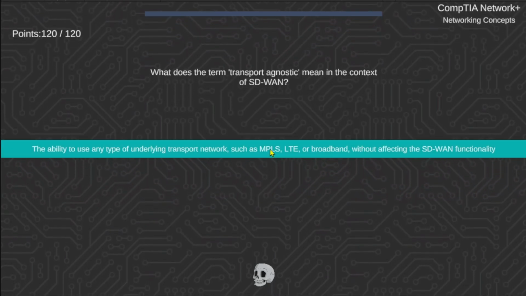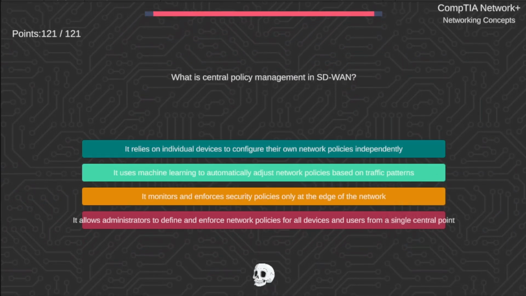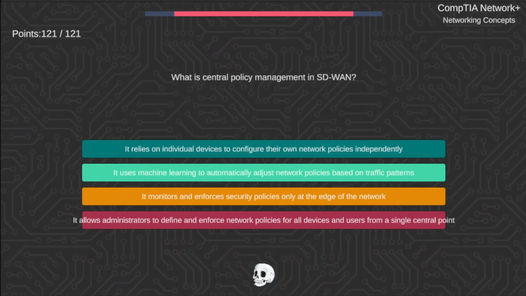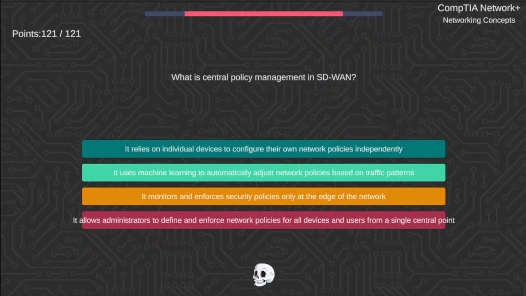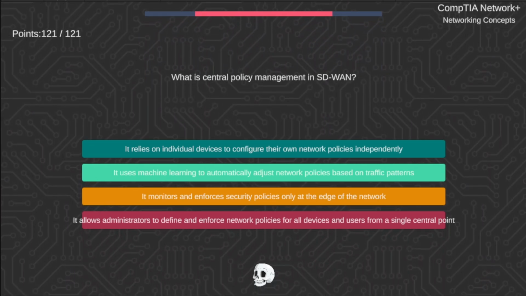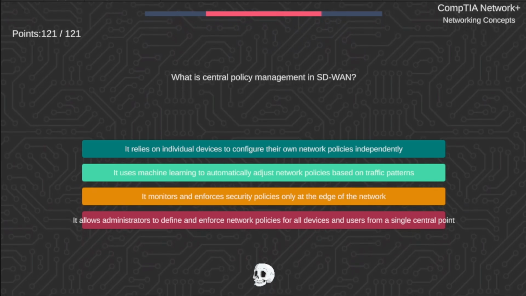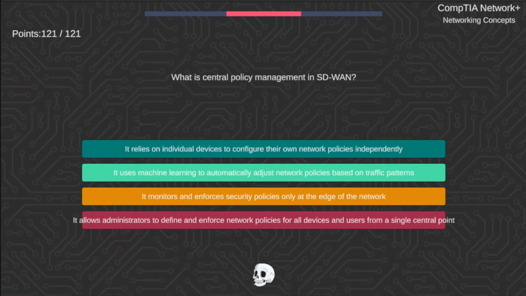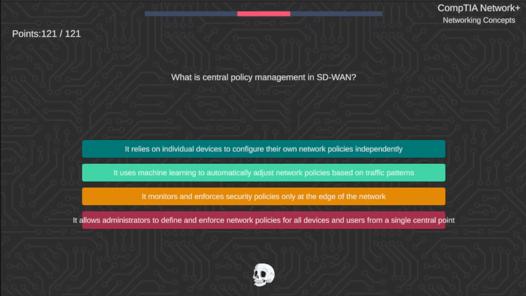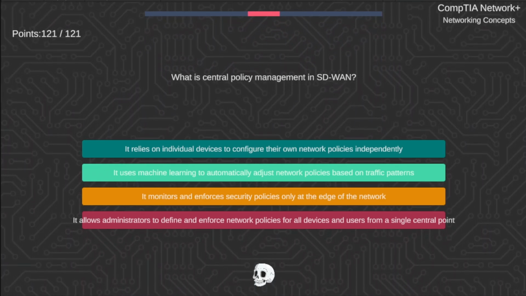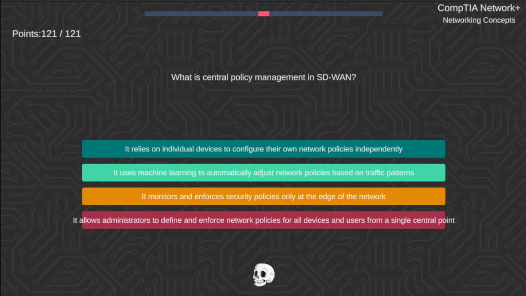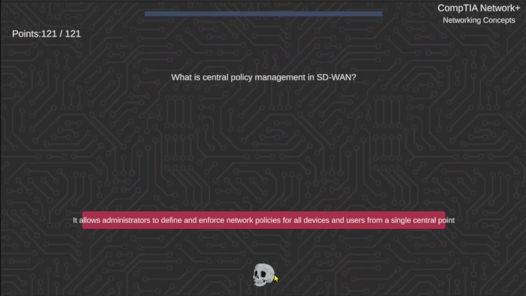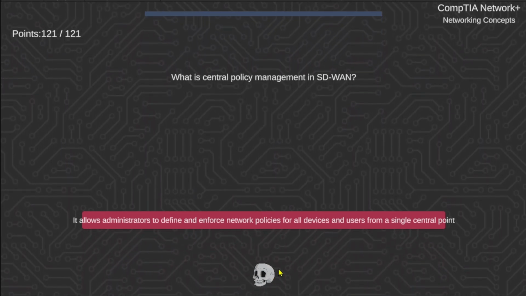affecting the SD-WAN functionality. What is central policy management in SD-WAN? It relies on individual devices to configure their own network policies independently. It uses machine learning to automatically adjust network policies based on traffic patterns. It monitors and enforces security policies only at the edge of the network, or it allows administrators to define and enforce network policies for all devices and users from a single central point. Central policy management in SD-WAN. Correct answer is it allows administrators to define and enforce network policies for all devices and users from a single